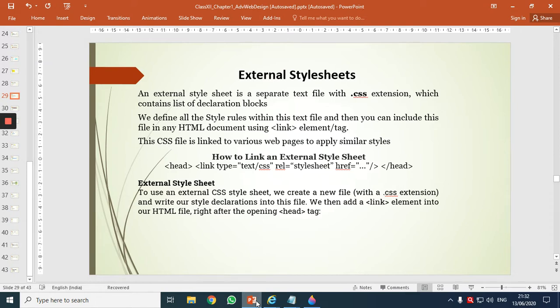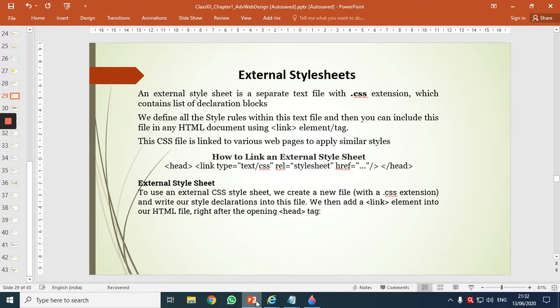Now, what is this external style sheet? We have understood what is style sheet. The word external tells us we have an external notepad or a new notepad or a separate file which will carry pure CSS. And that new notepad, that external notepad, will be saved with an extension of .css.